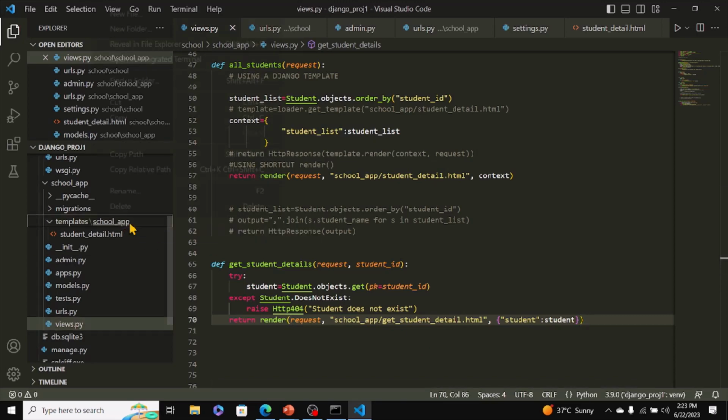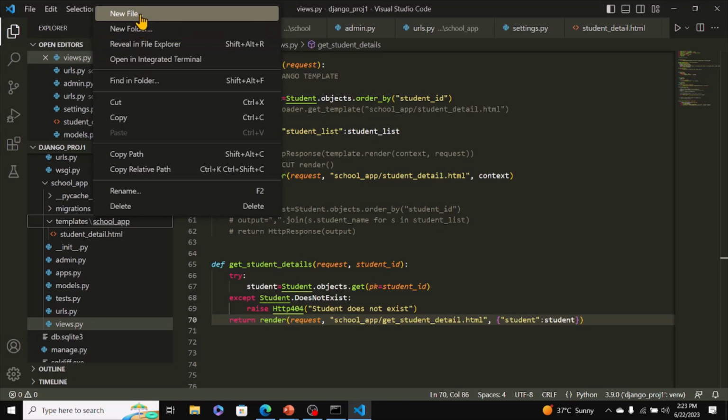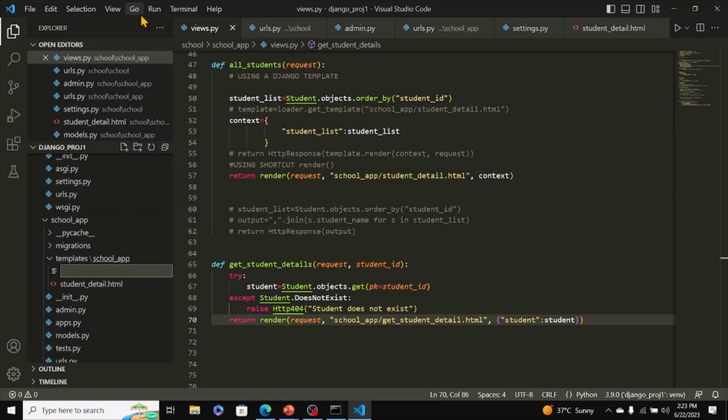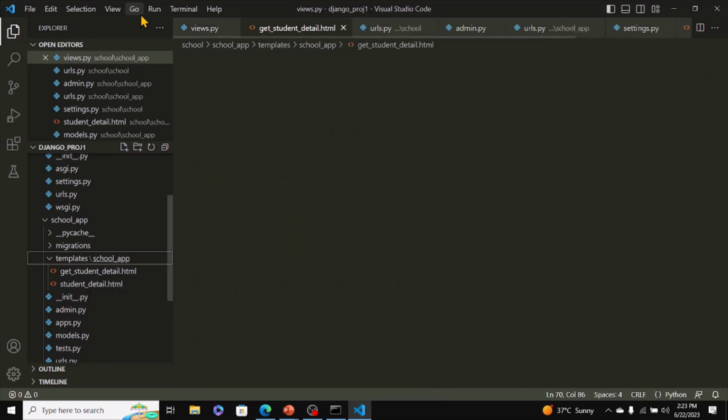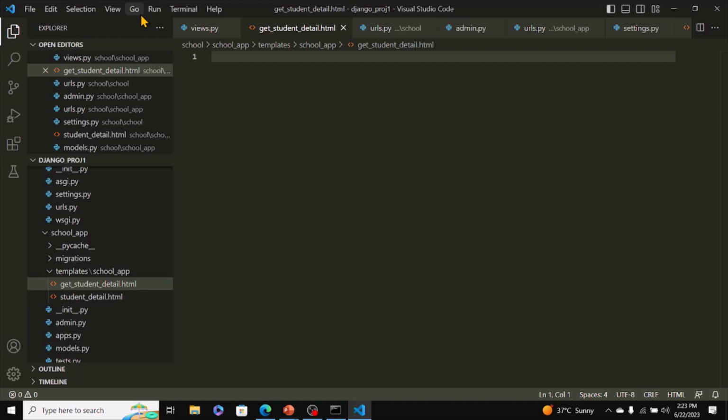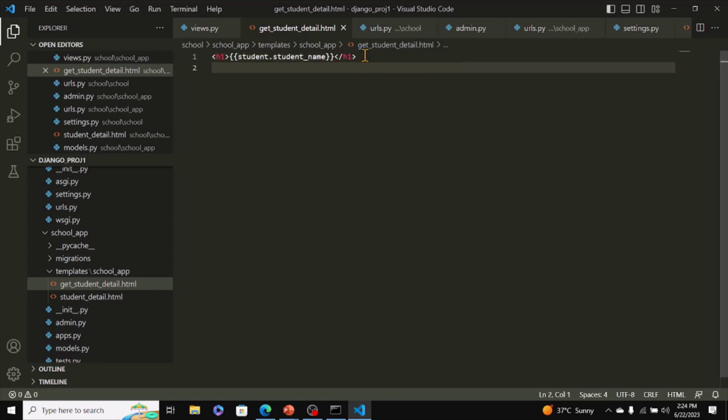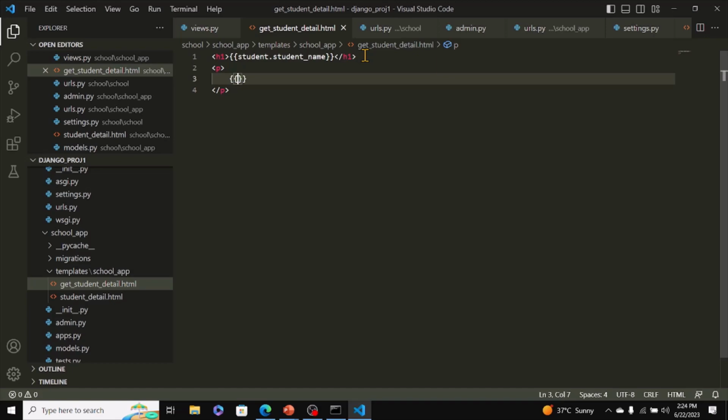So within the school app, we'll say new file, and we'll call that get student detail.html. And here we'll have h1 double braces student name. You can just have a paragraph tag, and within that we say